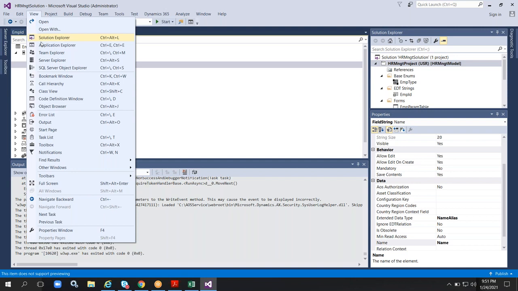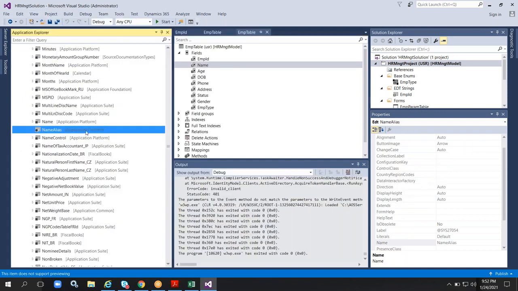If I want to use this name alias in my project, or inherit it to one of my fields, this application platform should be taken as a referenced model